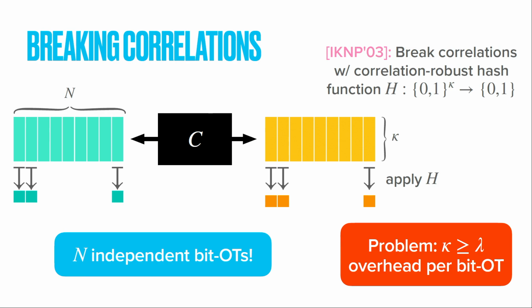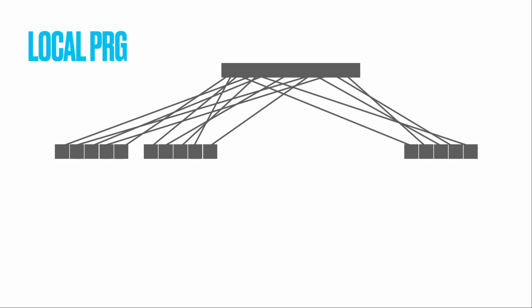So what can we do instead? Instead, we're going to try using a local PRG to solve our problems. So how does a local PRG work? You can think of this top vector here as the input, the short seed, which will have length kappa, matching what was on the previous slide. And a local PRG behaves as follows. It reads off different subsets of bits, one at a time.